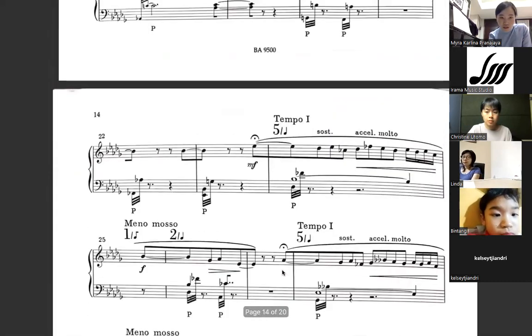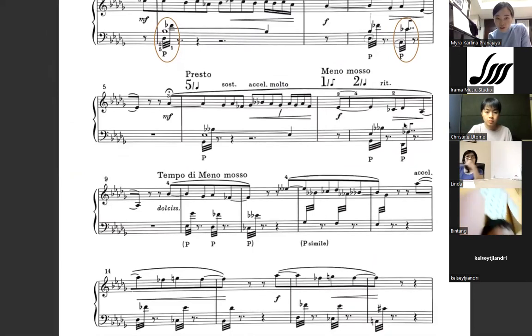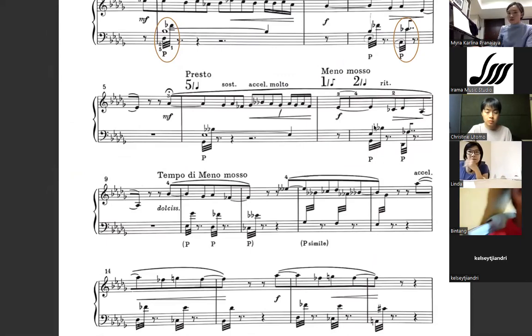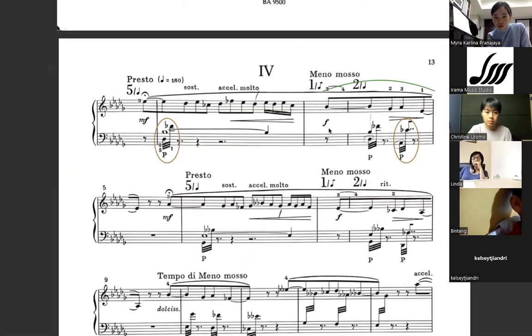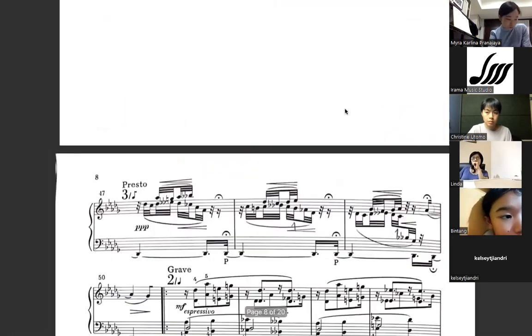Namely, if you look at bar 7 and bar 8 until the beginning of bar 9, and it appears not only in this part, of course, we have it everywhere, also here, also in bar 14, and in the beginning, actually, it's there already. In the second movement of the whole piano cycle,